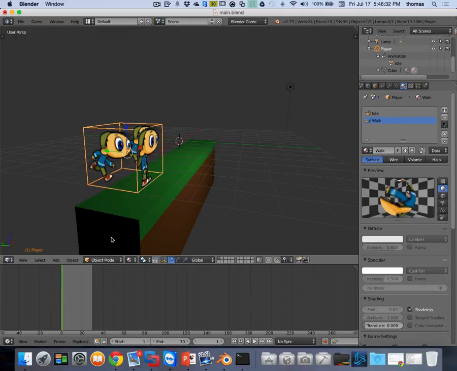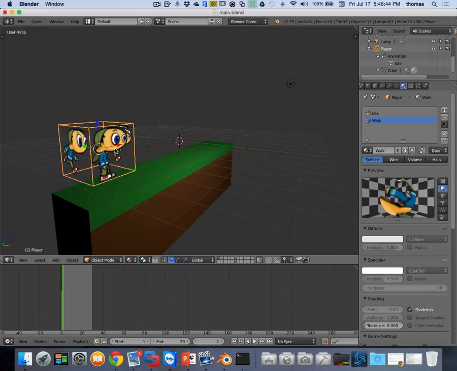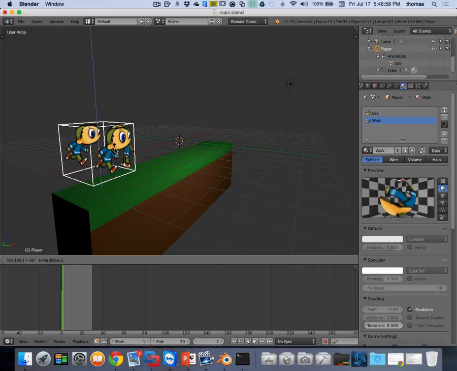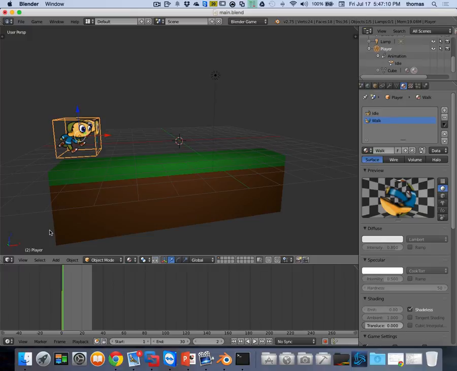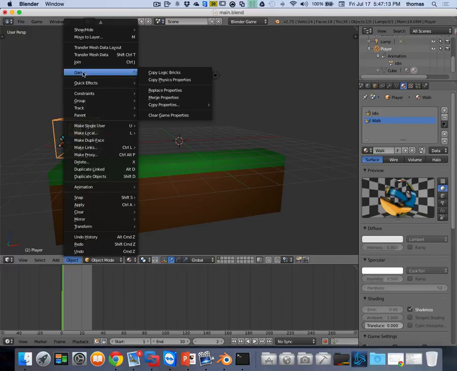I need to add another keyframe. I'm going to go to frame 2. So here's frame 2. And this time I'm going to rotate this dude, one way or the other, across the z-axis. So let's try it. I'm going to rotate R along the z-axis, Z. And if I go 90, he goes to this side. Press Enter. So if you notice, he's rotated, so I'm looking now to my right. So this is going to be called right animation, and I'm going to put in a keyframe. I'm going to go Object, Animation,